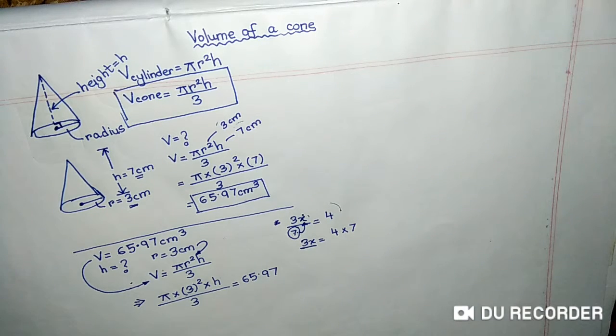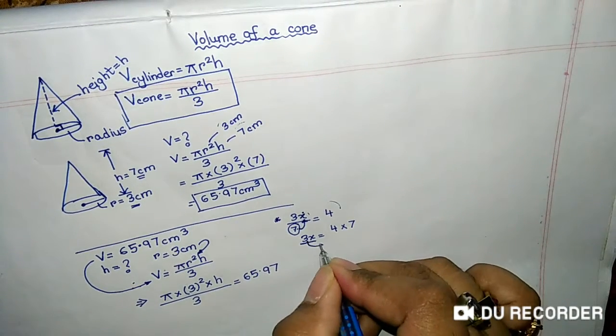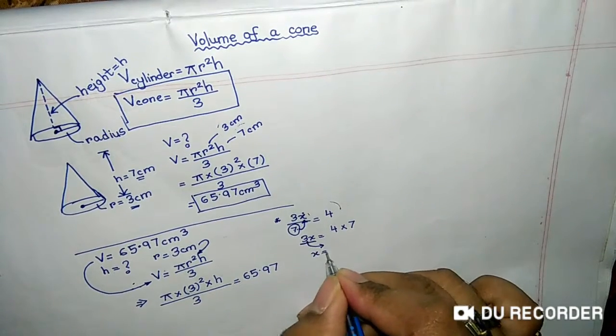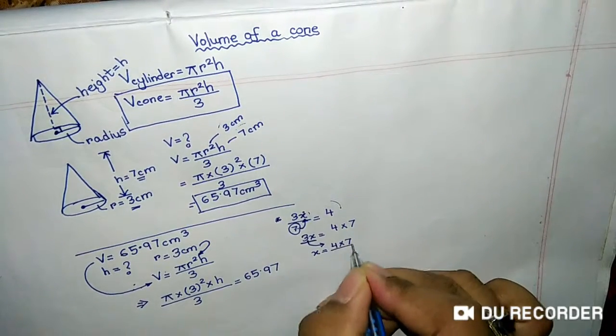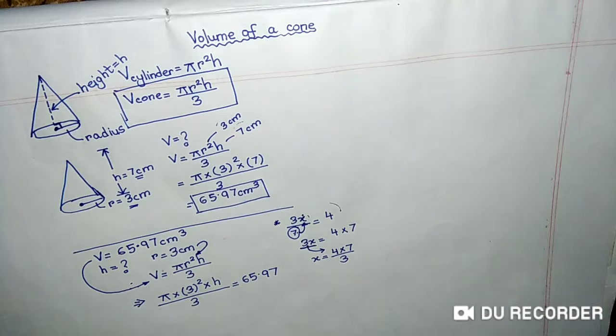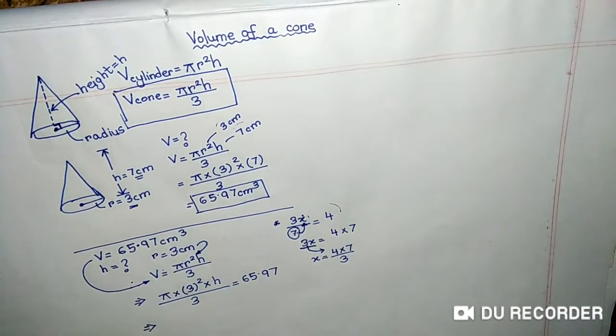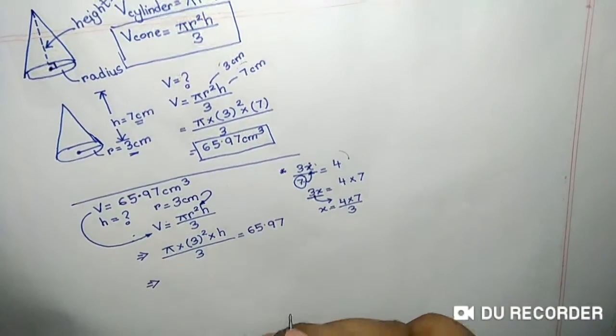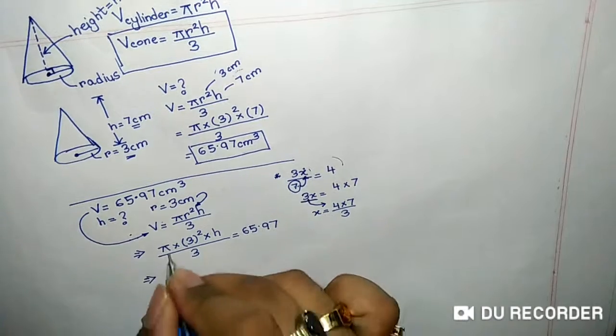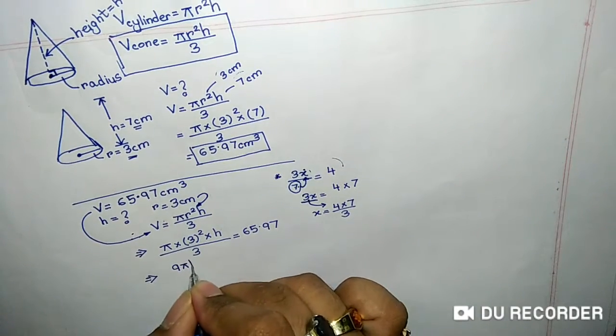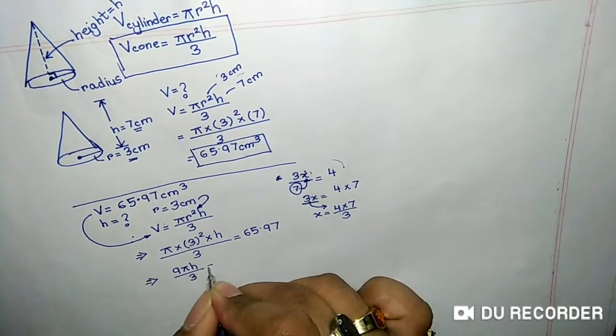As a result of which this 3 is going to be in the form of division in the next line. So we will finally have something like this to get the value of x. Similar situation over here. So we see over here and do a few more lines so that you can know what's happening over here is that we have 9 pi h over 3 which equals